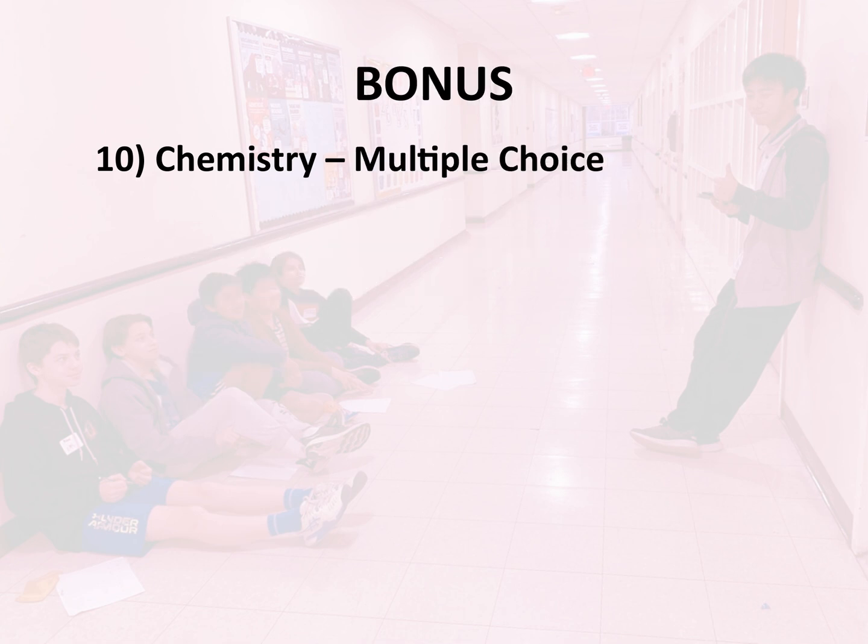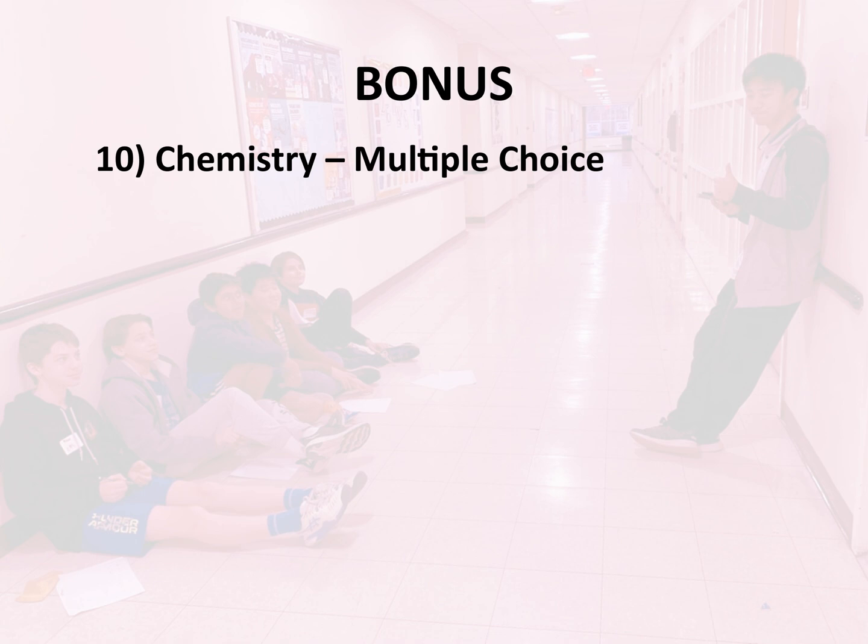Bonus, 10. Chemistry, multiple choice. To measure the number of moles of barium in a solution containing both magnesium 2+ and barium 2+ ions, a student added sodium sulfate and collected the precipitate. Then, he weighed the precipitate and used stoichiometric conversions to estimate the number of moles of barium, and discovered that his method overreported the actual value stated by his teacher. Which of the following plausibly explains the discrepancy?